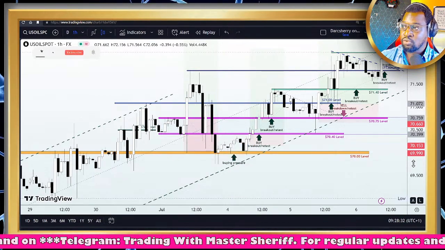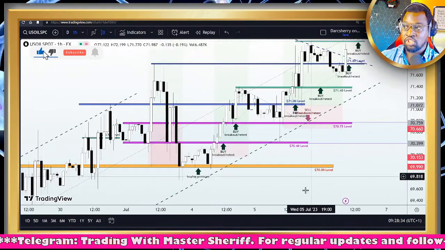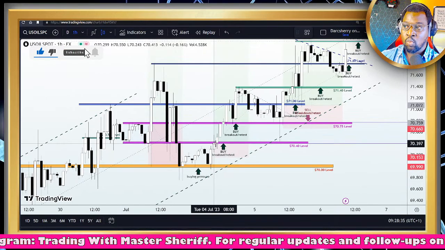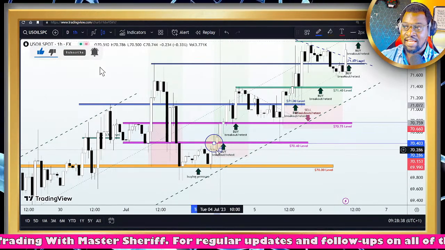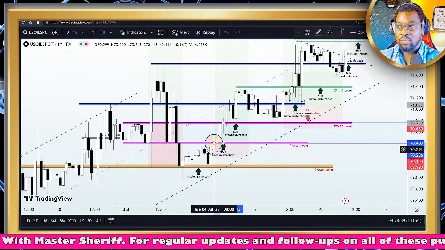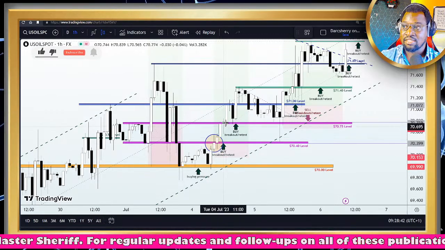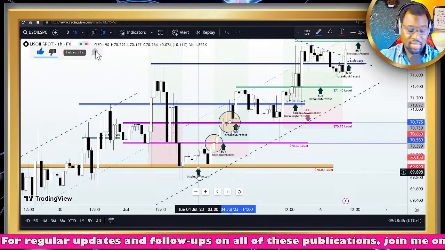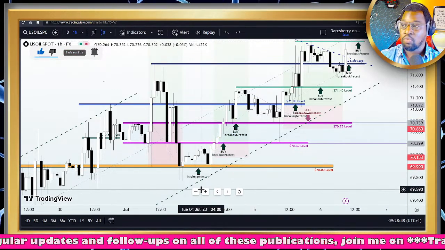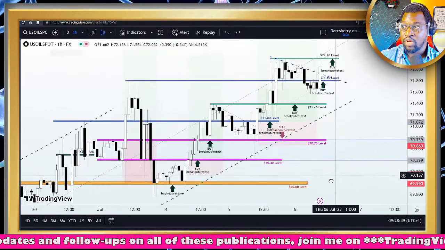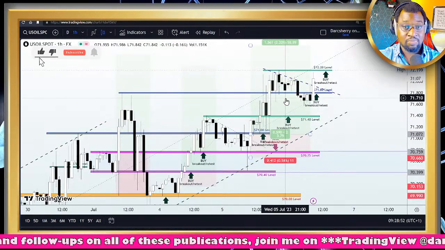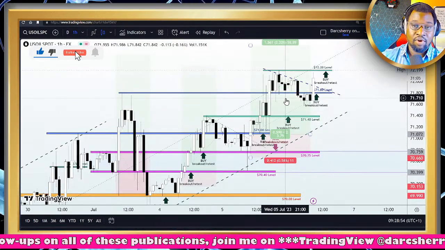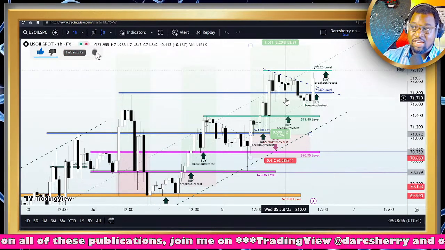And to capture that bullish move, we had ourselves positioned just right above the $70.40 level, as you can see here, and we had the privilege of maximizing this move by adding more positions at the breakout of the structure. So we have been buying the USOilSPOT so far this week. We rode it all the way to the upside. Until this moment, we are still running in profit on the USOilSPOT